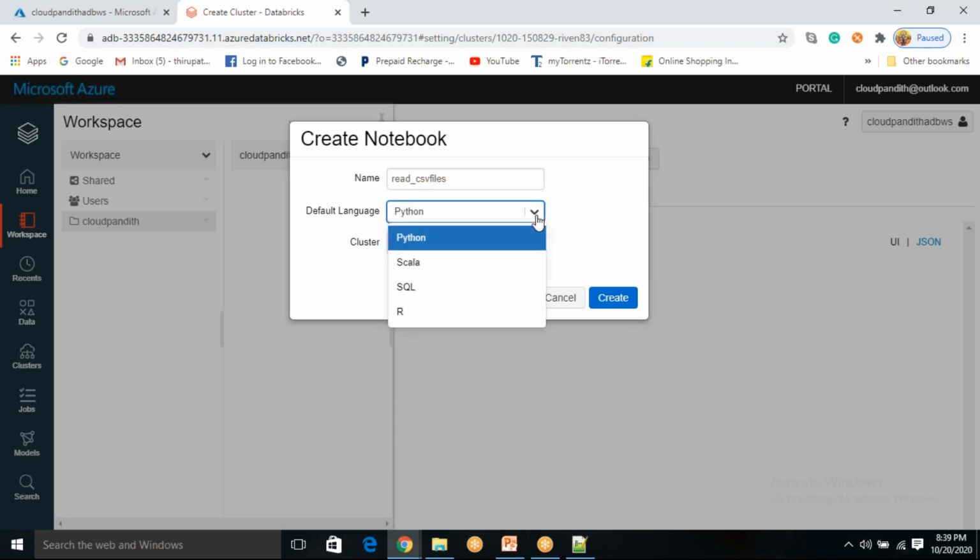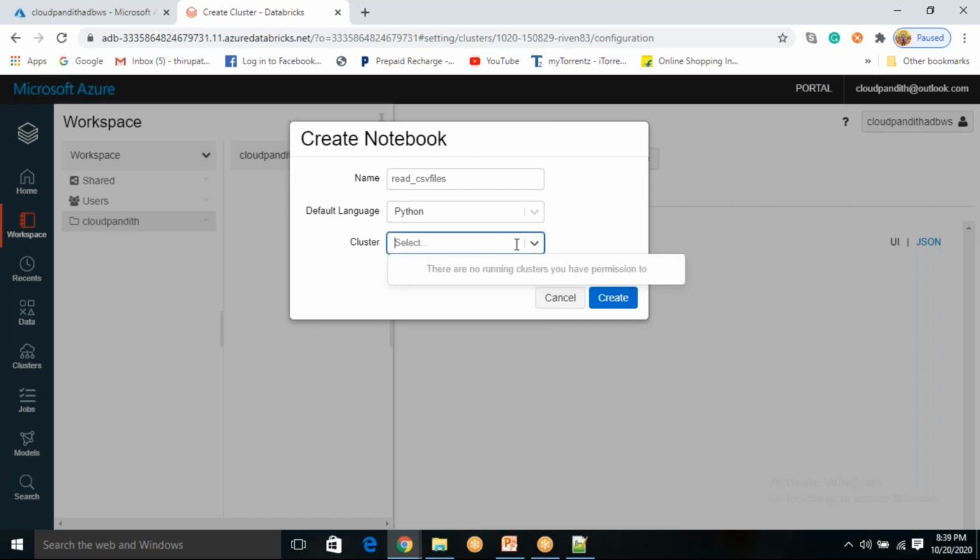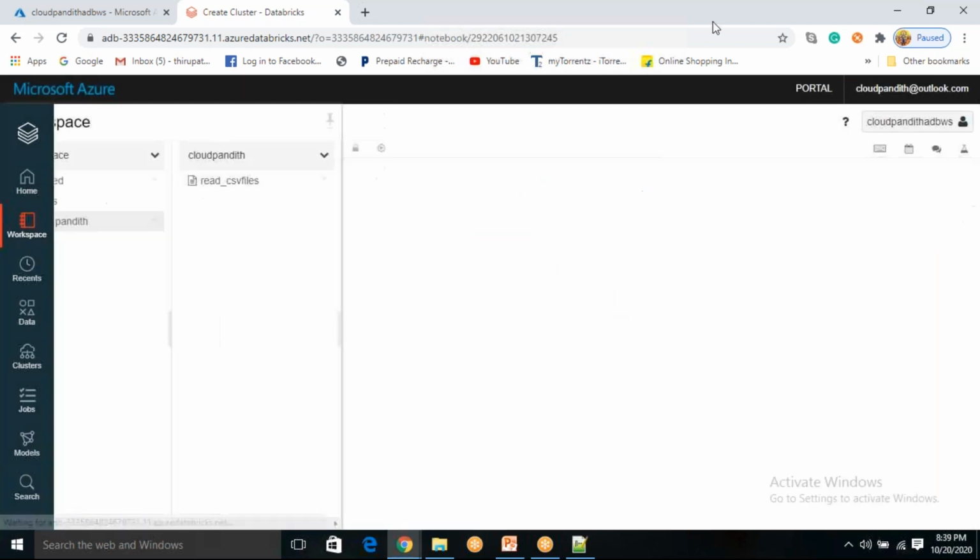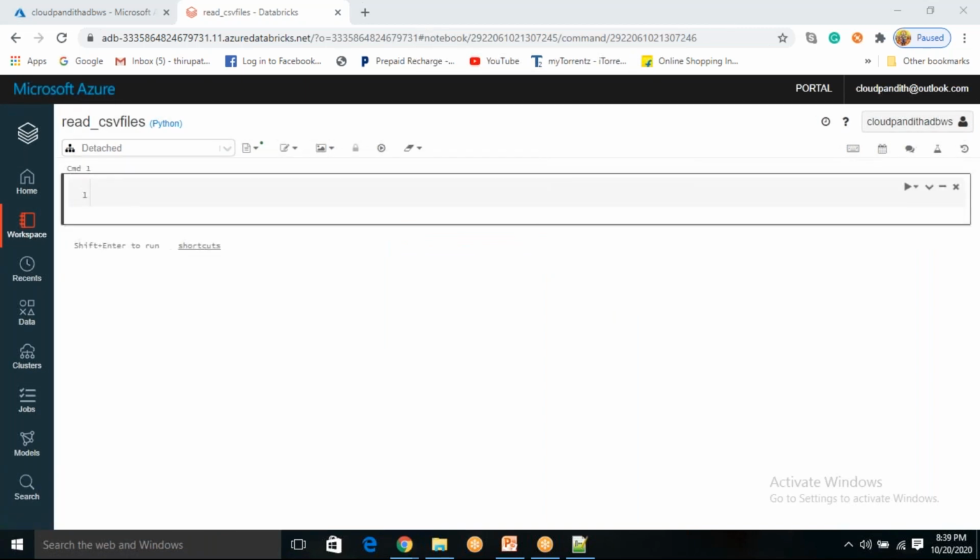In which language are you trying? Today we will focus completely on Python, but at some point we will take one session on Scala also, because reading and writing is a very important part of Spark. Okay, next, on which cluster do you want to run the script which you are writing in this notebook? So I want to select the cluster. So select that cluster, create it. Okay, so we are here, but the cluster is not up yet.